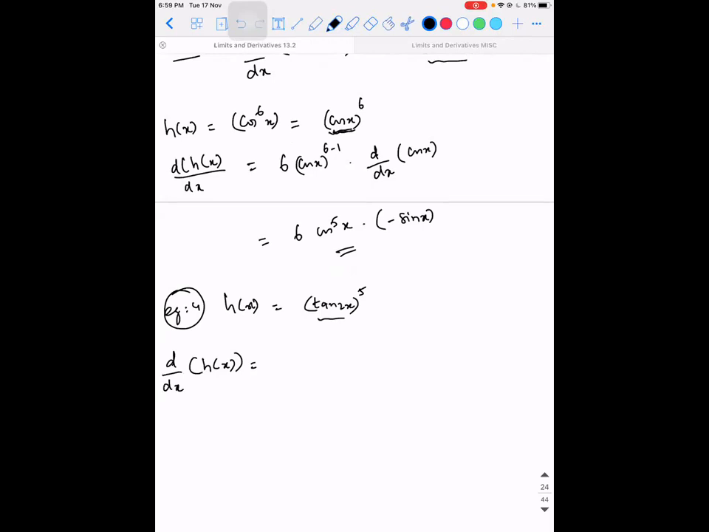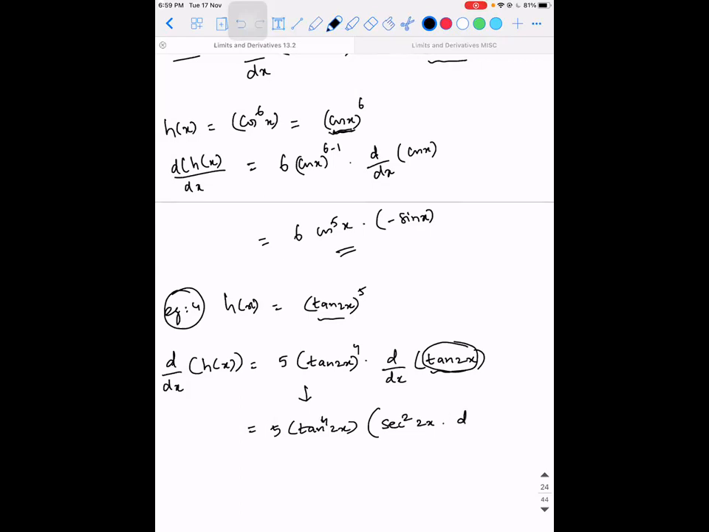So what should I start with? 5 into tan 2x to the power 4, very good, into d by dx of tan 2x. So this part you will not disturb. So 5 into tan power 4 of 2x into what is the derivative of tan 2x? So this is again a composite function. What is the derivative of tan? Secant square x. Secant square 2x. Very good. Into